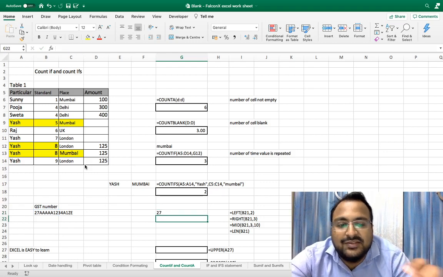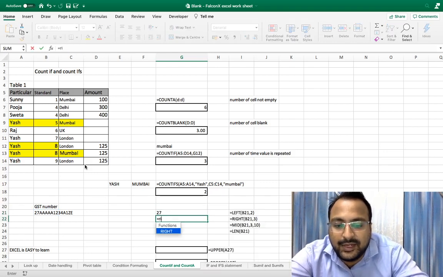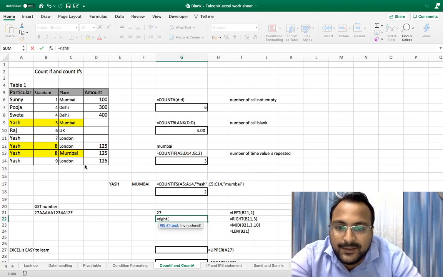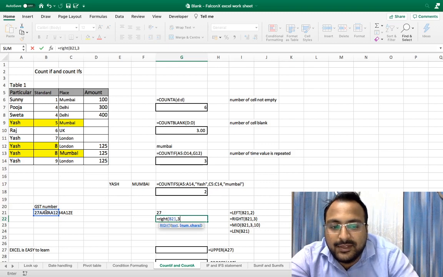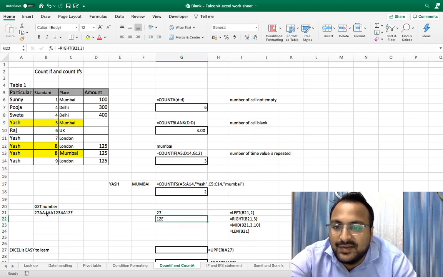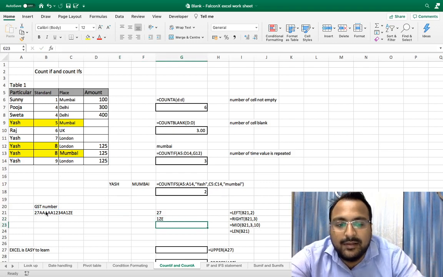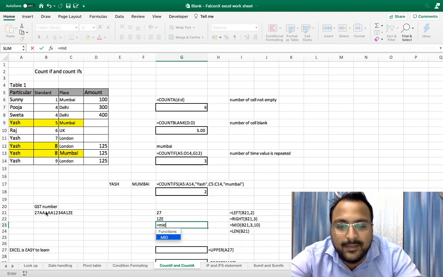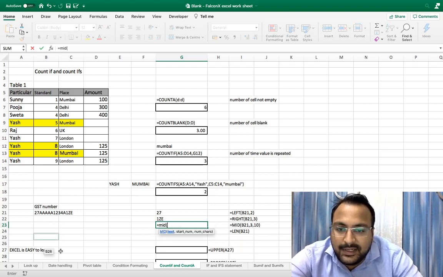Now I want the last three digits. So equal to RIGHT, bracket open, text, and 3 because I need the last three characters. And as you can see, 1ZE, I got it. If you want the PAN number, or the middle part, you will use MID. It takes three arguments.